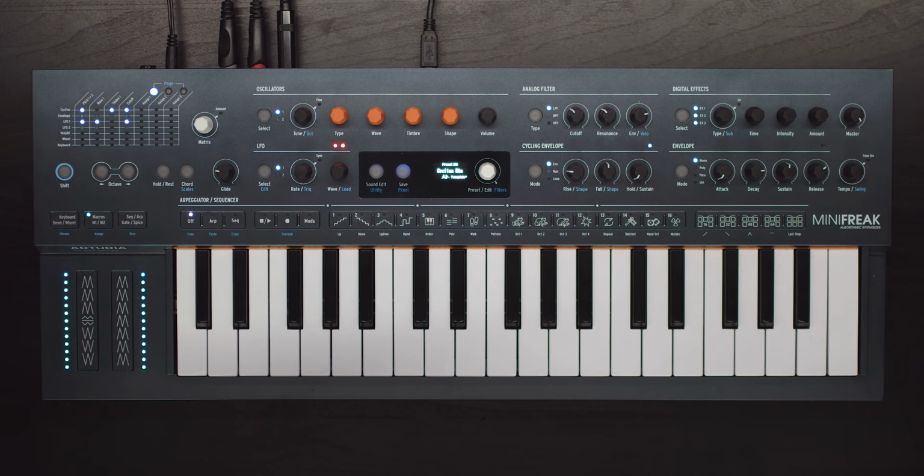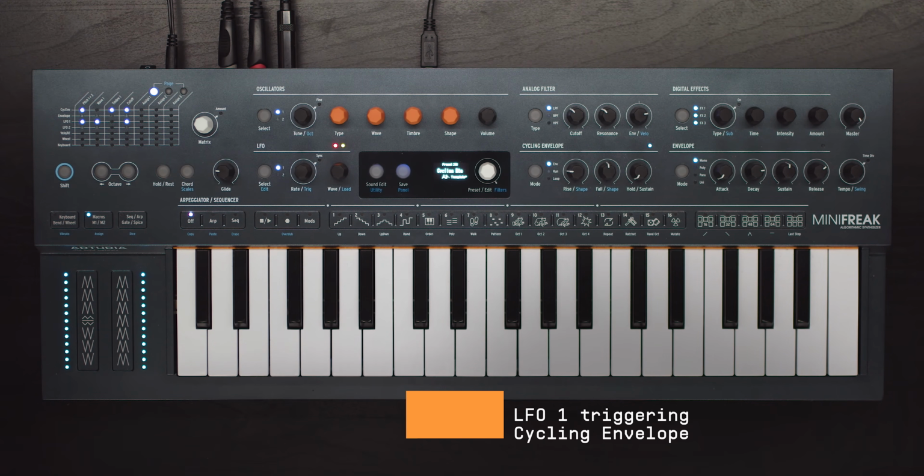In these settings, we can also tempo sync the stages and choose the retrigger source, including having it retriggered by the LFOs, which can tie the modulations together really nicely. For instance, here, LFO 1 is triggering the cycling envelope, locking their movements together.